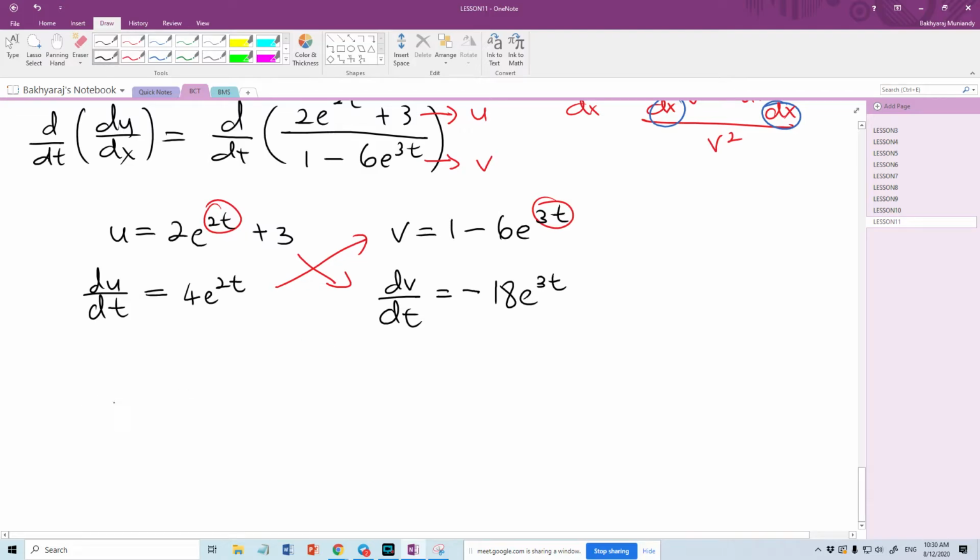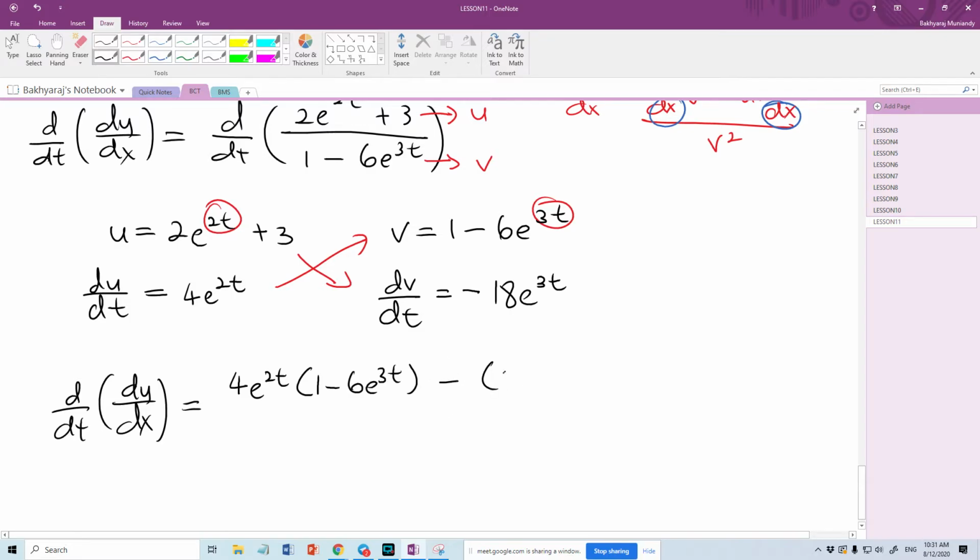The answer will be d over dt dy dx is equal, okay, so get this, 4 exponent 2t times 1 minus 6 exponent 3t minus 2 exponent 2t plus 3 times negative 18 exponent 3t divided by,